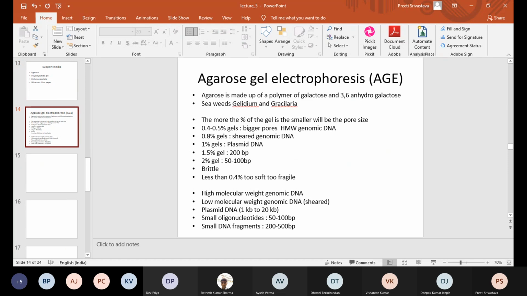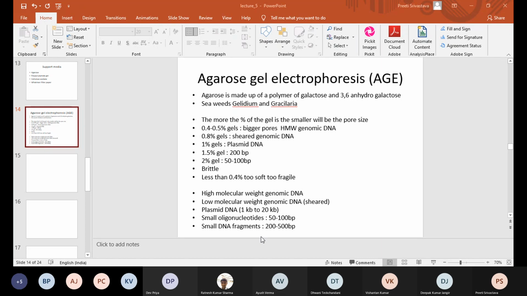So that technique, Dhwani, is used when we talk about comparing the sizes. But that equipment is too expensive, point number one. Point number two, the gels which are run by pulse field gel electrophoresis take really long, for example overnight. The gels are large and too difficult to handle, so they are not used for high molecular weight genomic DNA in routine preparations, for example for Sanger sequencing or next generation sequencing. We do not use PFGE.